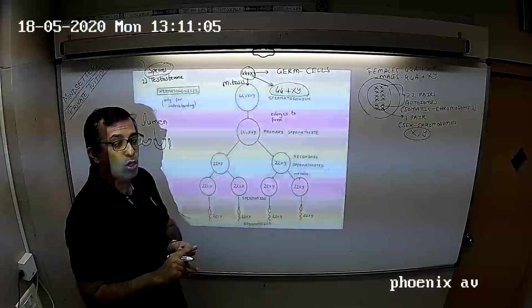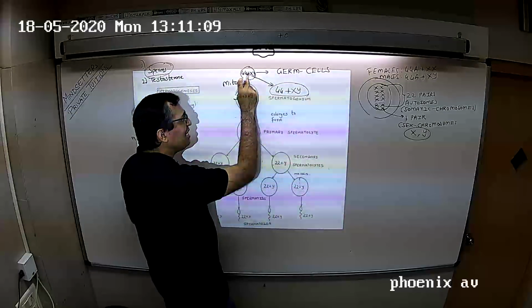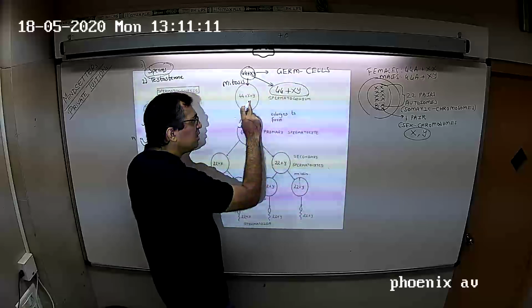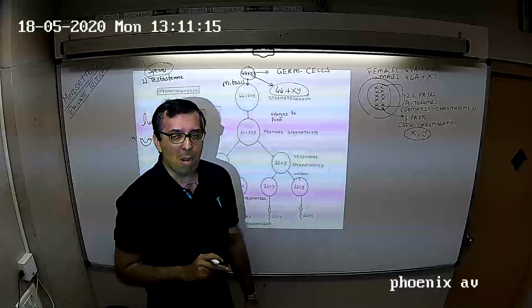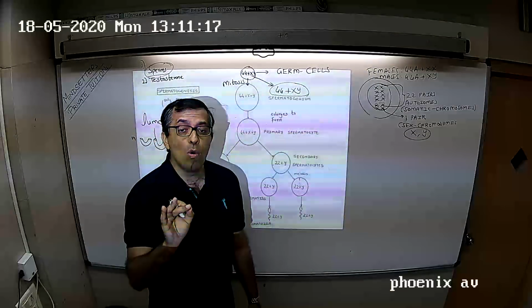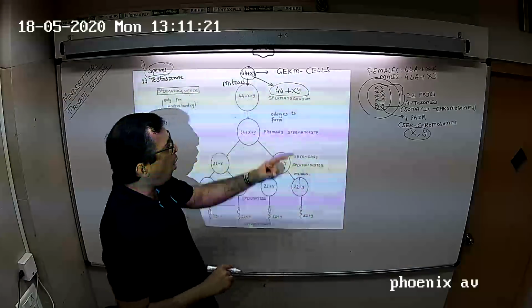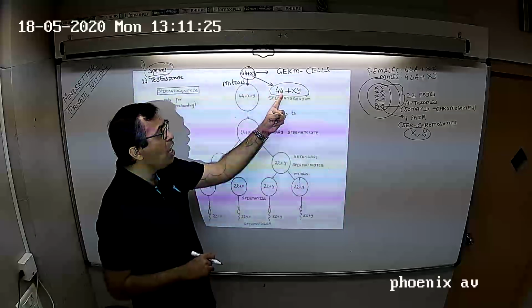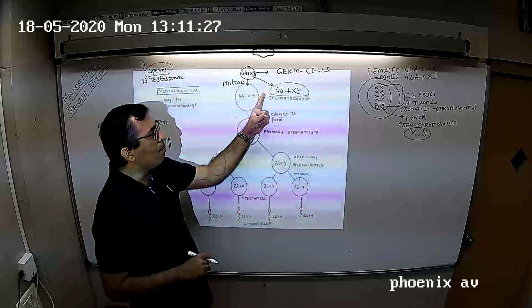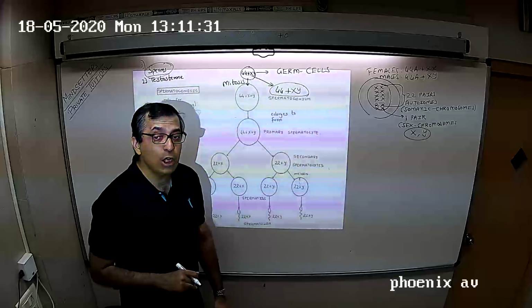Not given in your notes, you may remember, by mitosis, one cell divides to form two cells which are genetically the same. And in mitosis, the chromosome number remains constant. So what will 44 plus XY form? 44 plus XY, 44 plus XY,